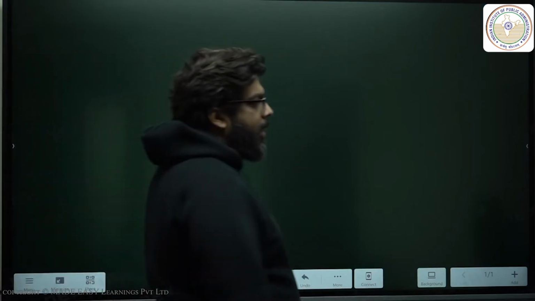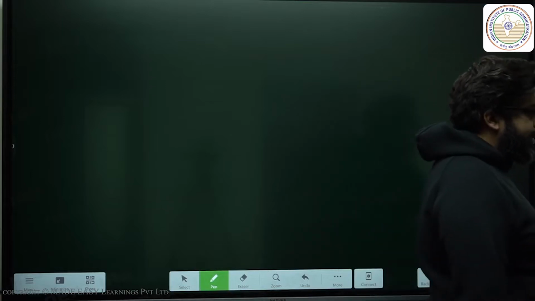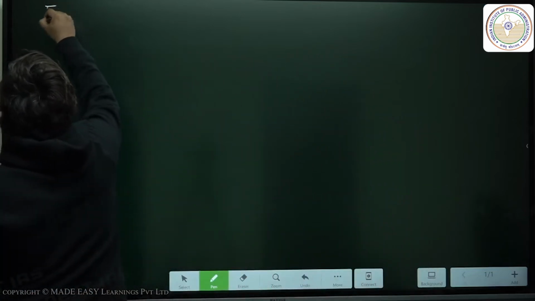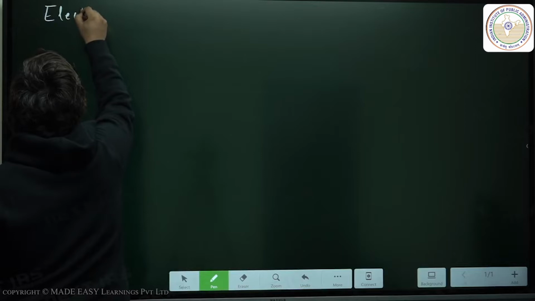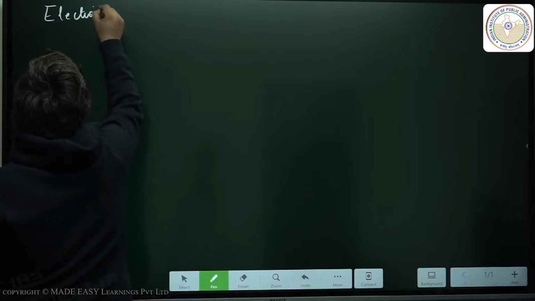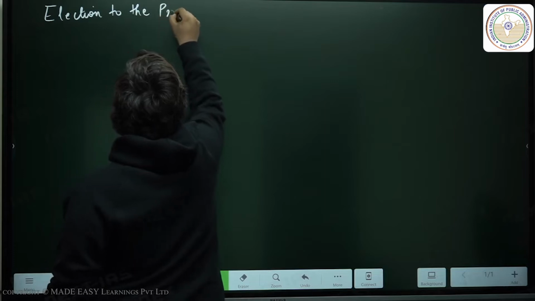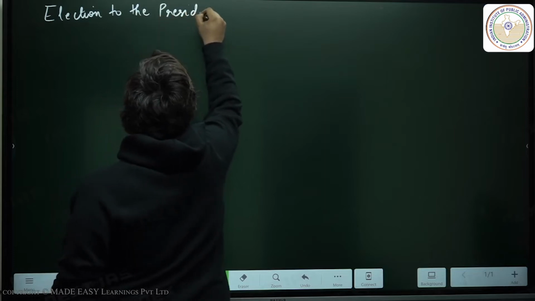We will pick up from where we left off yesterday, and we're going to start with the election to the President of India. Okay? Now, we're going to study the election to the President of India,